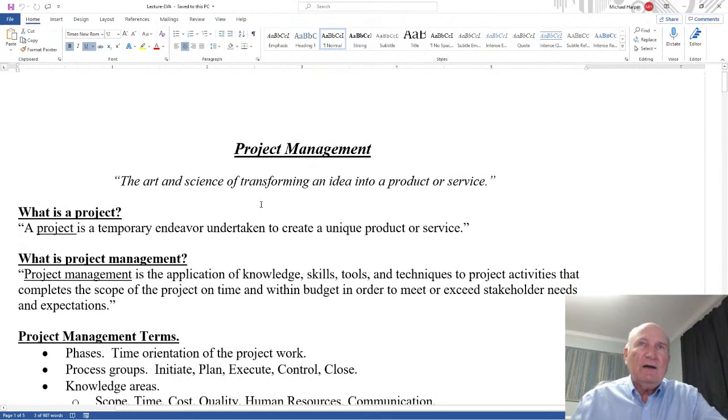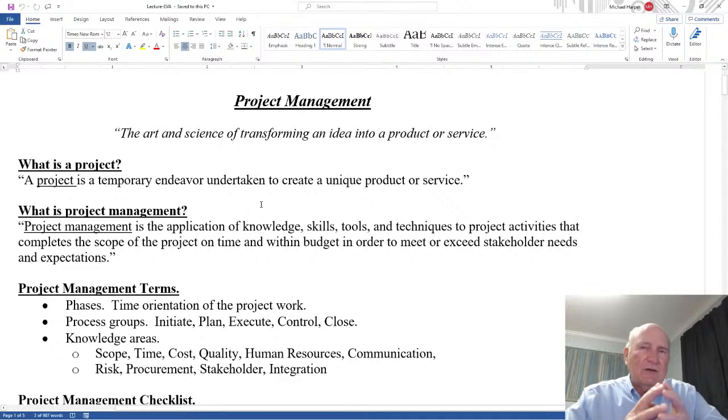Okay, first of all, this is a rough introduction, like an elevator pitch introduction for project management. I feel that project management is extremely important in business because no matter where you go, what you do, you're going to be around projects. Okay, here we go. First of all, a good description of project management,